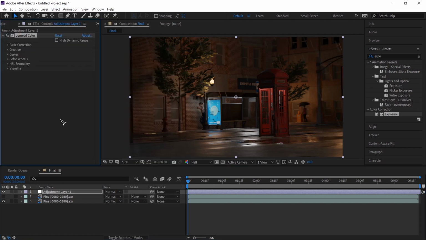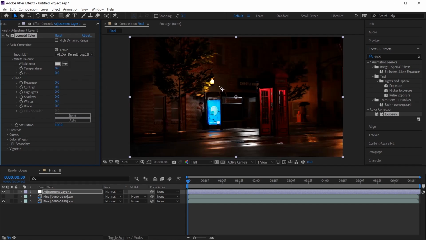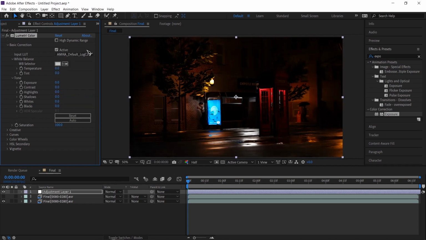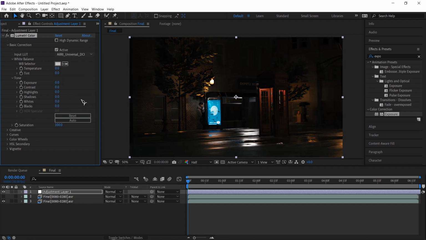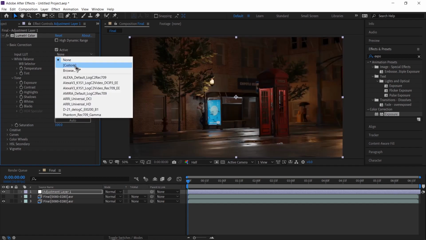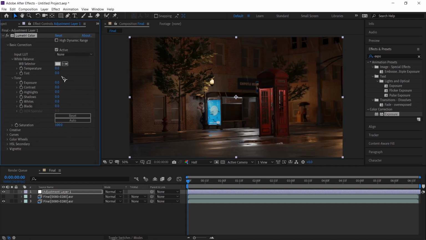and then there is a nice little color correction called Lumetri Color, and this is pretty much everything you need. You could use a LUT if you have one. LUTs are basically just effects packed into one, so you can keep changing them and they automatically apply different kinds of color modes and lighting to your scene. If you don't want one, you can download them and browse for them if you happen to have any. Right now I want to go for a night look, so let me go ahead and